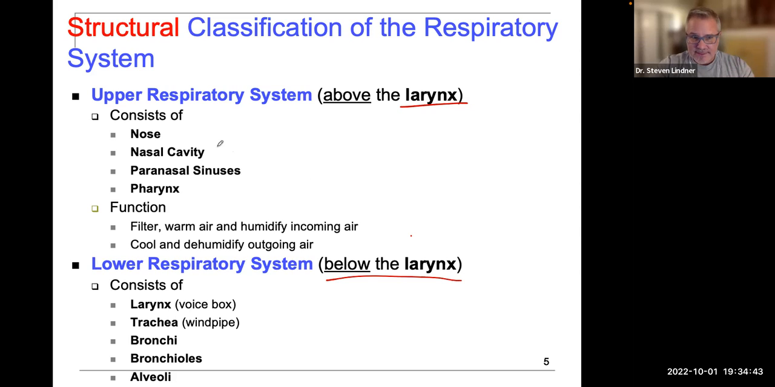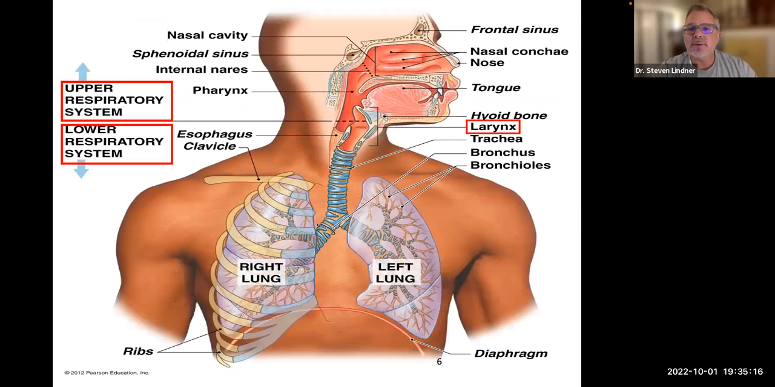Everything above the larynx, we're talking about the nose and the nasal cavity, your sinuses and pharynx. And the primary function there is to filter the air, warm the air, and humidify the incoming air. The lower respiratory system, which is below the larynx, consists of the larynx, which is the voice box, the trachea, your windpipe. And as we move down, we have bronchi, bronchioles, and the alveoli, which is where the gas exchange will take place. So trying to put more of a visual to this,